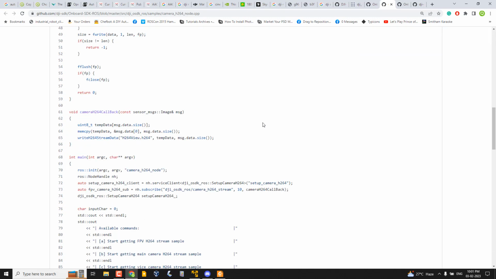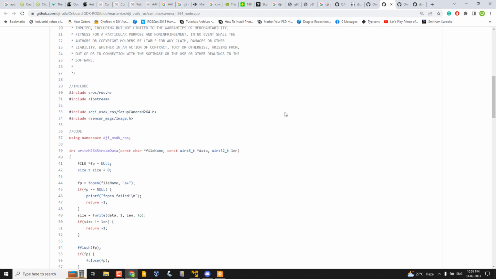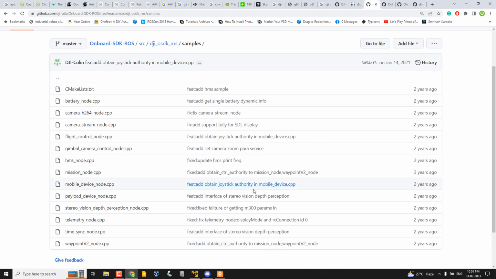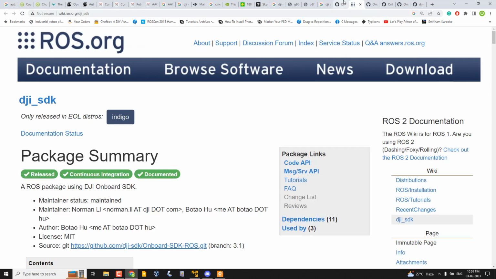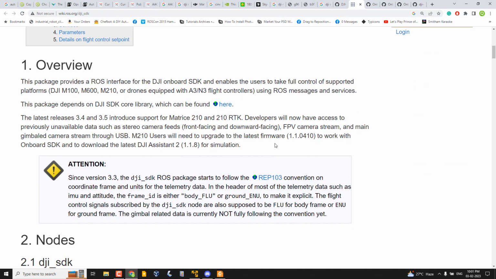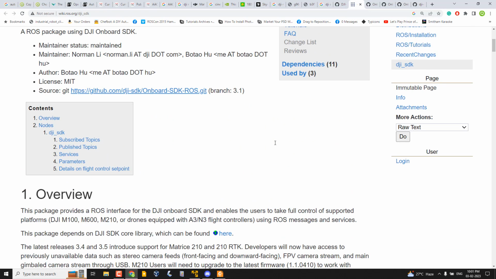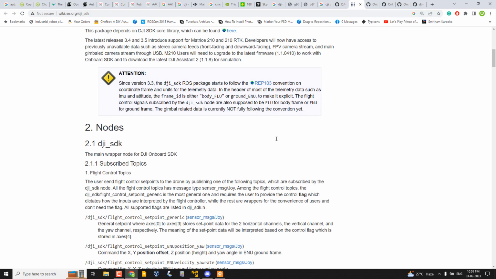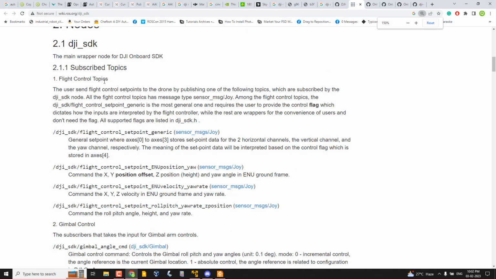Using this driver, we are able to get the images, and we are able to control all aspects of the drone. I'm not showing the demo, because we can't set up the drone, but you can just see how the DJI